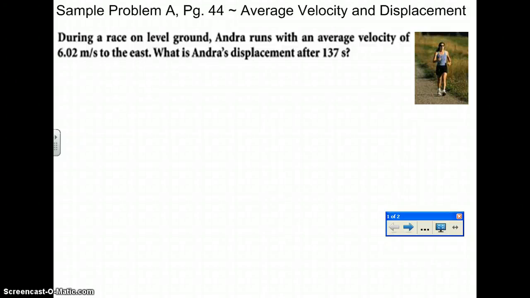So now hopefully you have watched the content video for Chapter 2 containing information on sample problems A and B. This video will be on how to do the math for sample problems A and B, which you will then follow suit by using the GUESS method to do the practice problems A and B followed on the same pages